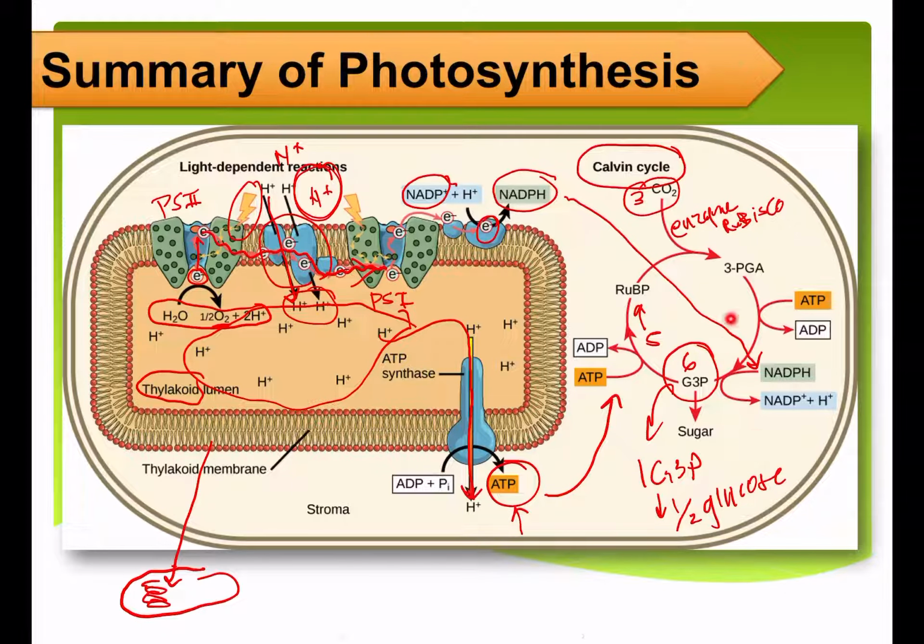Okay, so it needs to go 3 more times to make 2 G3P, or glyceraldehyde 3-phosphate. So 6 turns of the Calvin cycle give you 2 G3P, glyceraldehyde 3-phosphate, to give you 1 molecule of glucose. Okay? All right, so that wraps up the